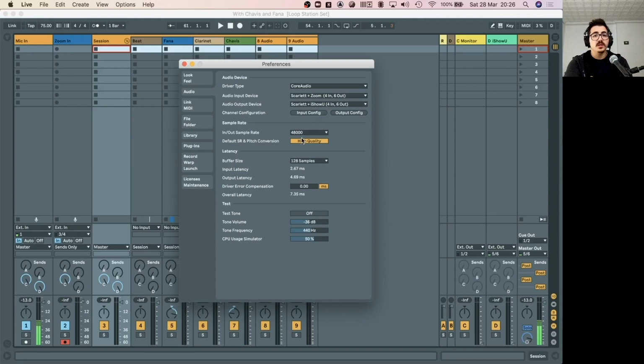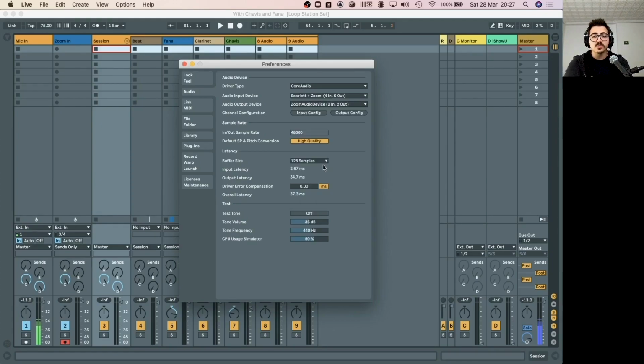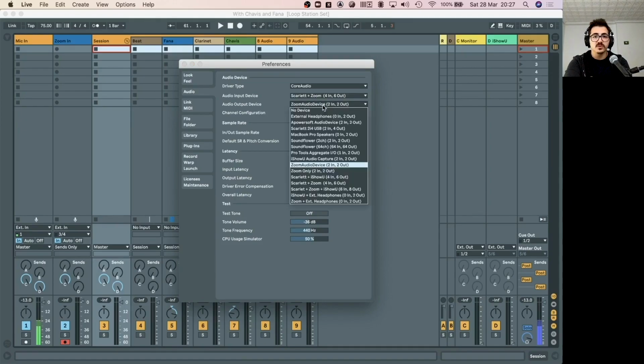Now 48 is cool, high quality. A sample rate I use 128. If you have crackles because of CPU overload, just be sure to have a higher buffer size. And you can see how little latency I have here, 7.35. If I can show you using the Zoom audio device, you'll see that I have 34.7 milliseconds. So not to get this much delay,